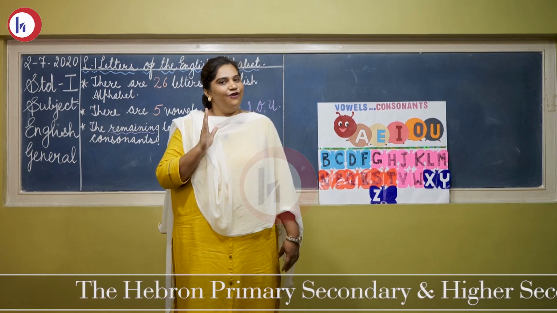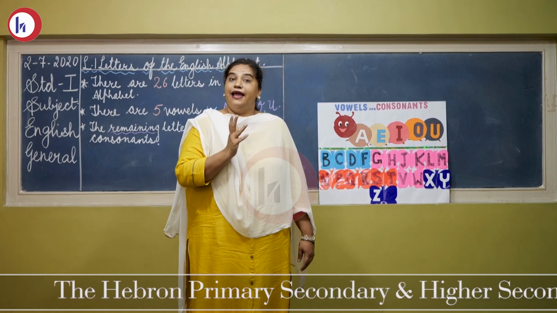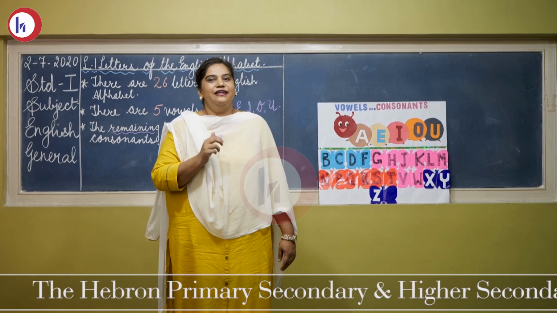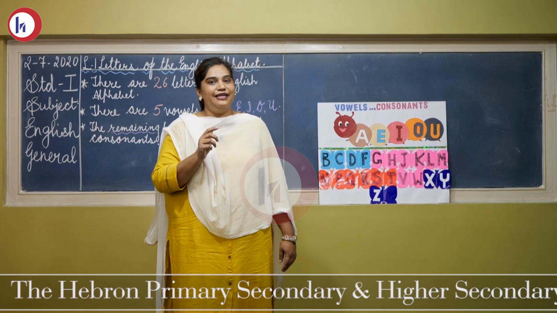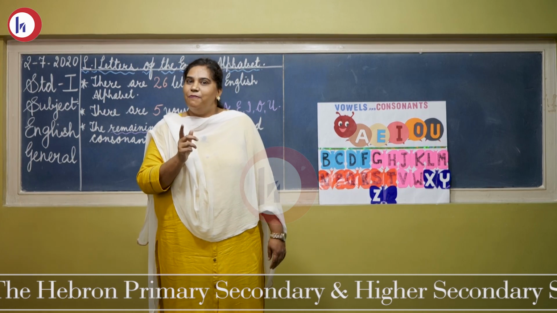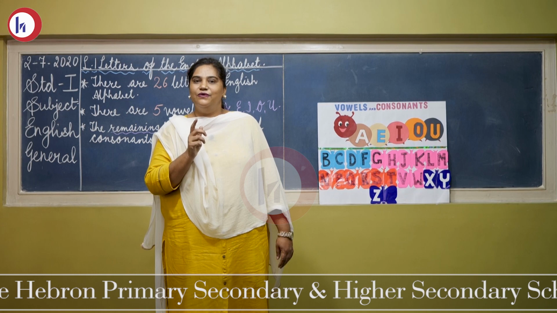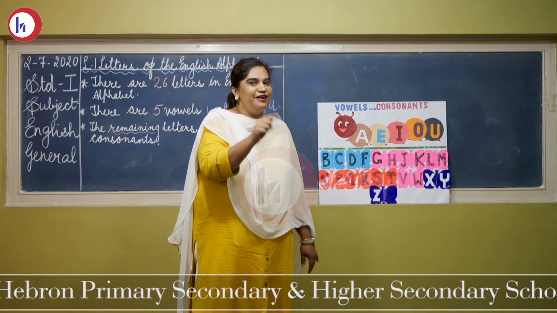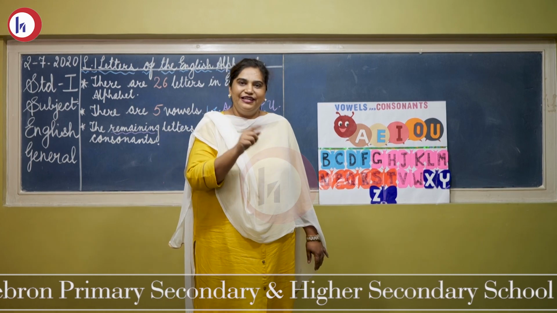And do you know one thing more? That each word has a vowel. Let me give you some examples. Like cat, C-A-T, cat; P-I-N, pin; B-A-T, bat. You can see there is a vowel in each word. P-O-T, pot; B-U-N, bun. You can see there is a vowel O, U, I, A. You can see it everywhere. Even if you spell your name, there will be a vowel in your name.